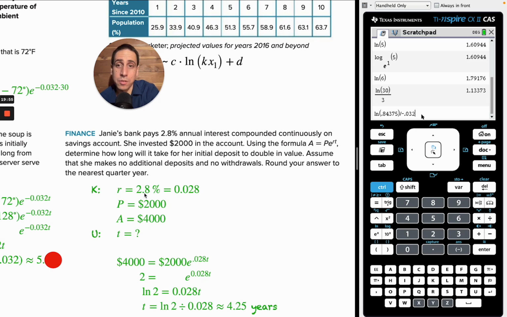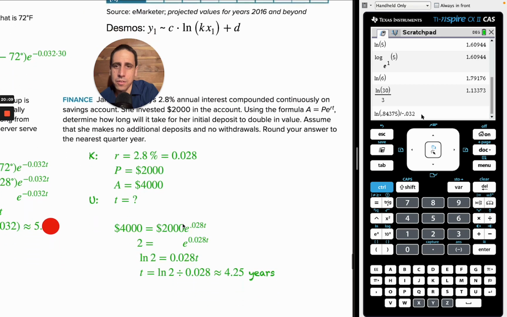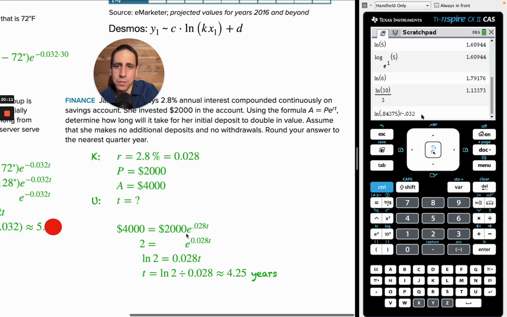We know that the rate is 2.8%. We know we're using the formula Pert. We know the initial is 2,000 and it's going to double. That means it's going to be 4,000. And what we don't know is the time. And so now that we've analyzed the knowns and unknowns, we can see here 4,000 equals 2,000 times